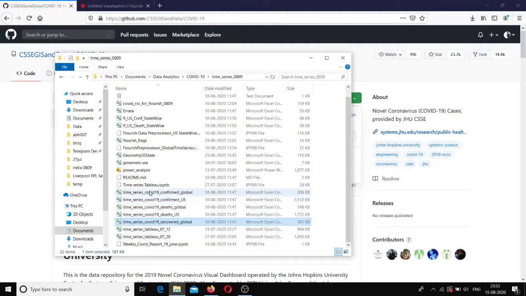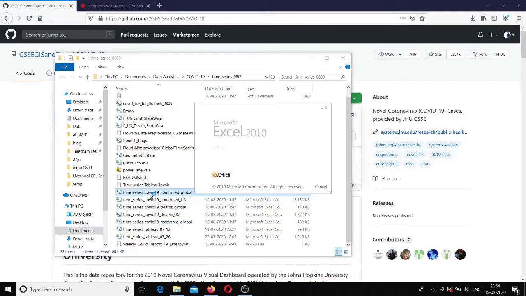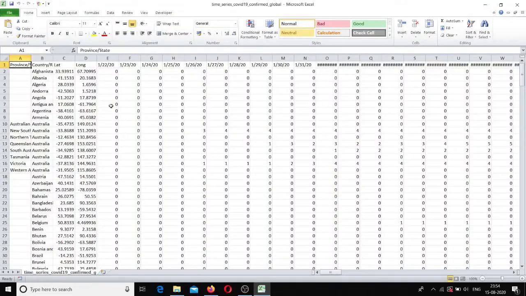So I have already downloaded the data from the John Hopkins University GitHub repository. In this CSV file, the confirmed cases, that is the values, are provided, and the dates are column headers, so that is what we require for Flourish.